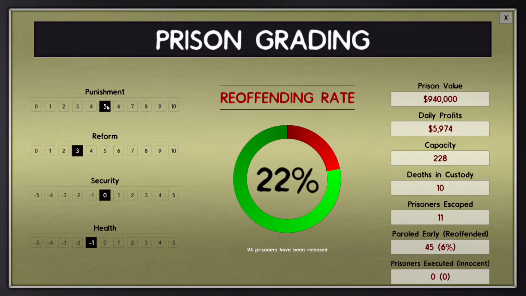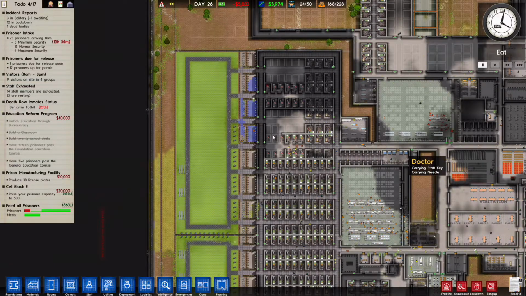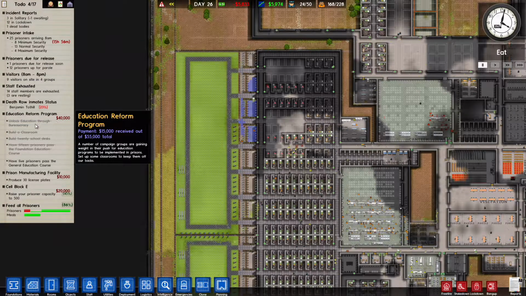Yeah, we have an average punishment and security rating. 3 for reform. And -1 for health. We got 1 dead body. We got 3 in solitary plus 1 waiting. We got 12 in lockdown. And yeah, we're going to want to take a look at intake before it happens. It is 4 p.m. right now, so it'll be a little while before that has to happen. 12 prisoners are up for parole. 1 prisoner is due for release soon. And anything else you want to...